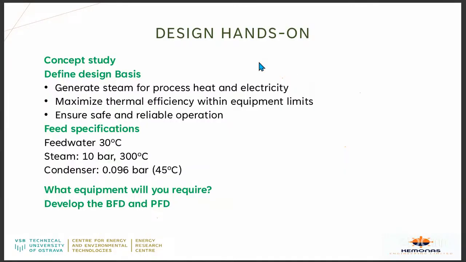The turbine itself does not generate the electricity directly. It's connected to the shaft of a generator. So yeah. Okay, so now let's go to